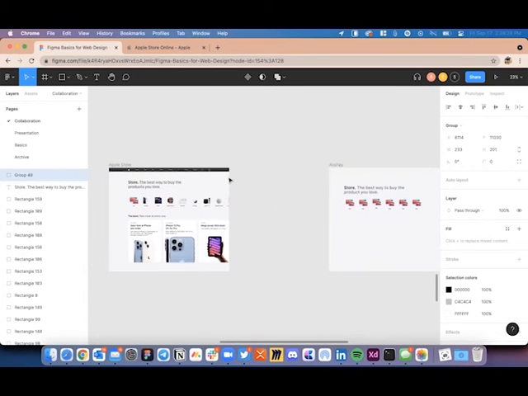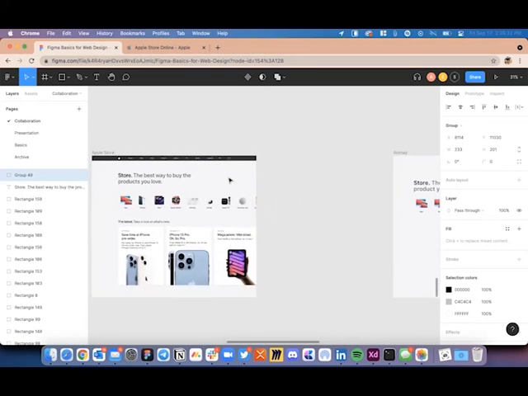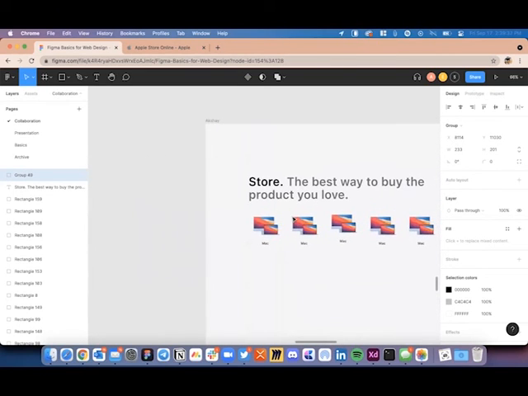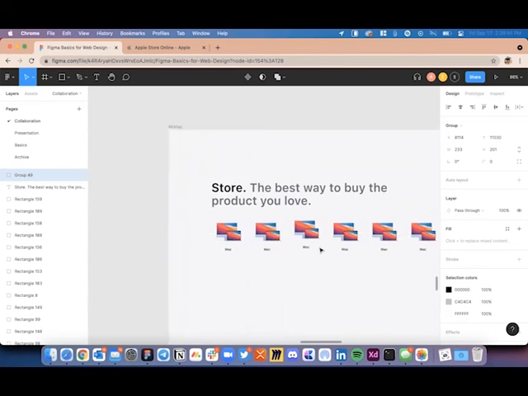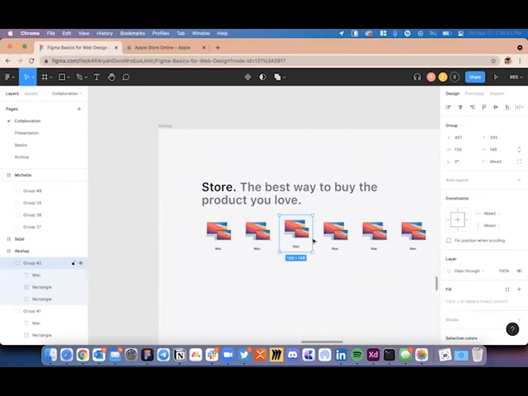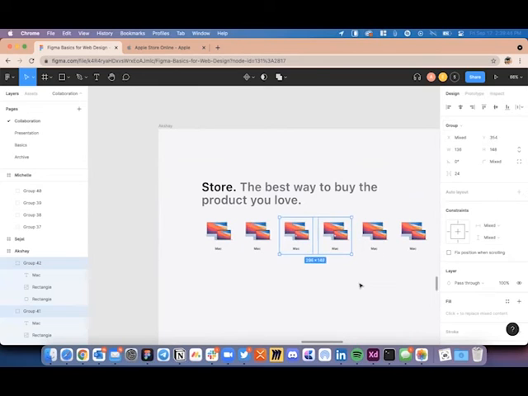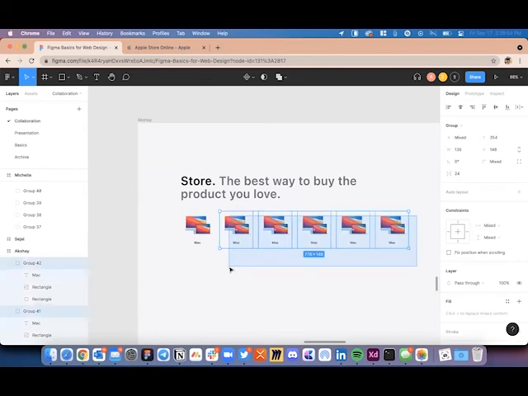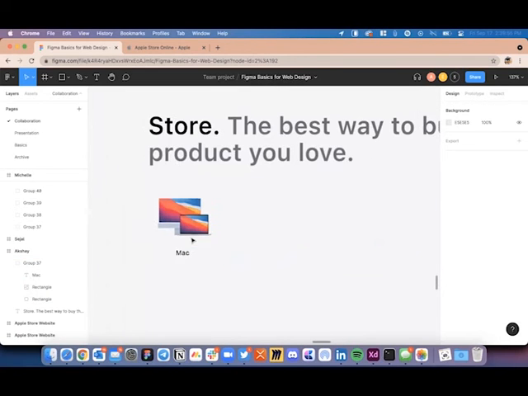So as I said, guys, this might slightly seem intimidating at first, and if this is your first time using any design tool, it might take time to get used to it. We are just here to explore. But once you get used to it, believe me, you will be able to recreate any design in a very short amount of time, or even create your own designs. So I'm again going to switch back to what we had created.